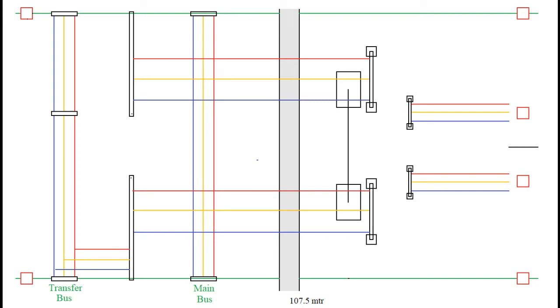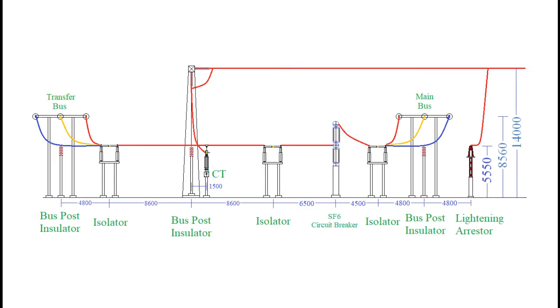132 kV supply enters the substation through the main bus and is connected to the transfer bus through some equipment. One of the equipment among these is the current transformer. This current transformer we may see on the screen. The connection of main bus and transfer bus is done through a bus that lowers the ground clearance to 5.55 meters. All the equipment is erected to reach up to the height of 5.55 meters to connect with this bus.